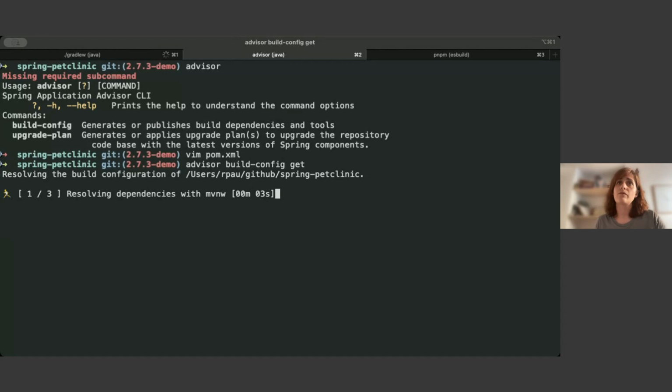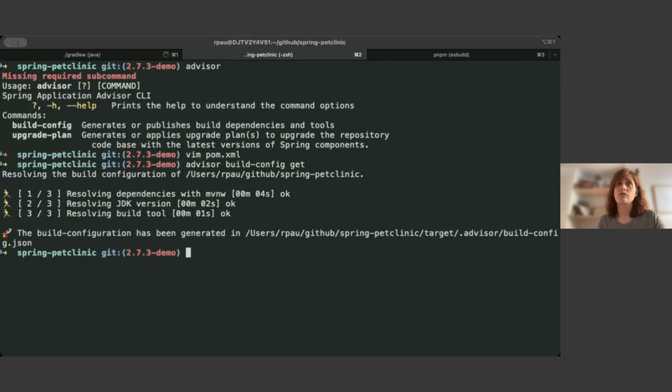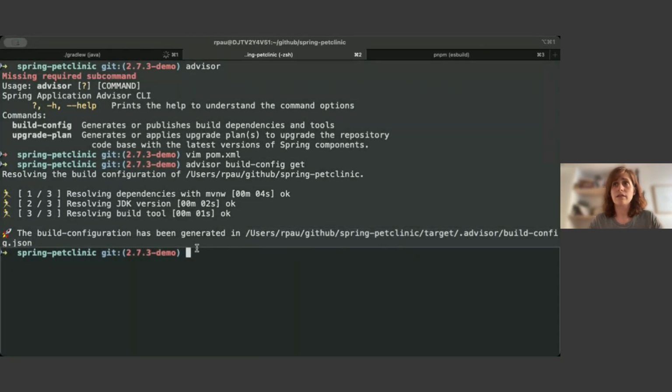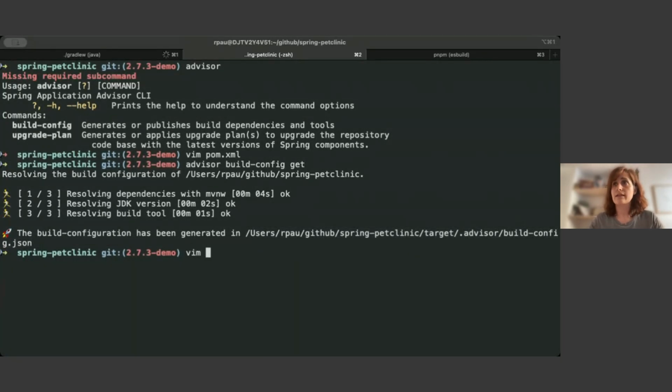So first is resolving all the dependencies. Then the JDK version, which is the target version that we are compiling the project, and the build tool, which could be Maven, Maven Wrapper, Gradle, or Gradle Wrapper. The build configuration is stored in a local file, right? And indeed, if we look at it,